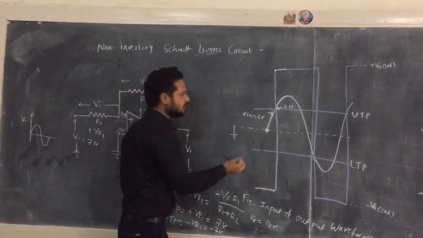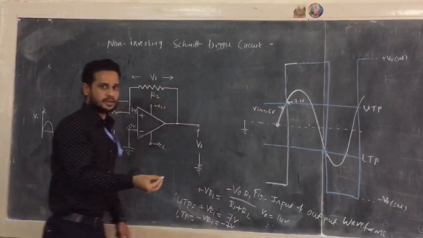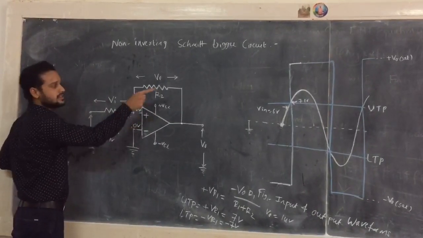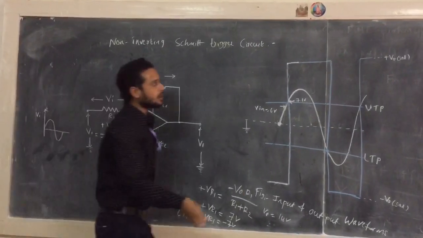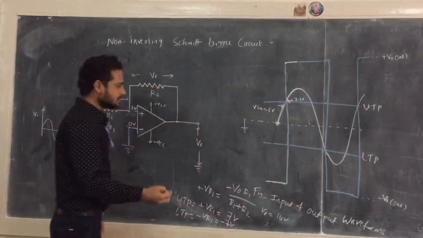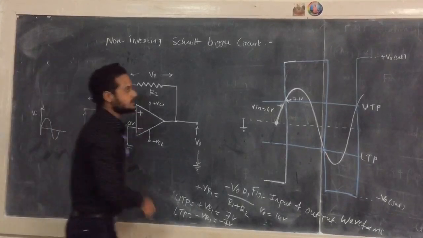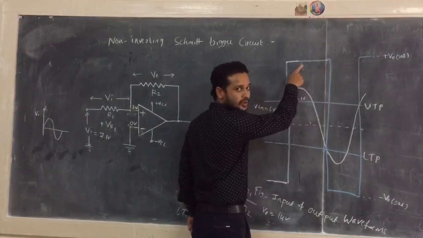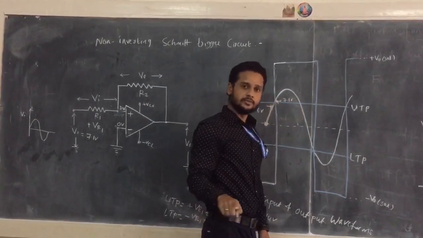Again, you increase the value of the input voltage, say 8 volt, 9 volt, 10 volt. As long as the voltage at the non-inverting terminal is positive, the output remains at plus V naught saturation only. Under what condition will the output switch back to minus V naught saturation? Until and unless the voltage at the non-inverting terminal again goes to a negative value. So again we increase the input voltage, and the output remains at plus V naught saturation only, because the voltage at the non-inverting terminal of the op amp will be more than the voltage at the inverting terminal.